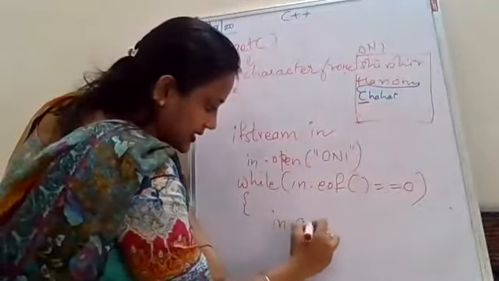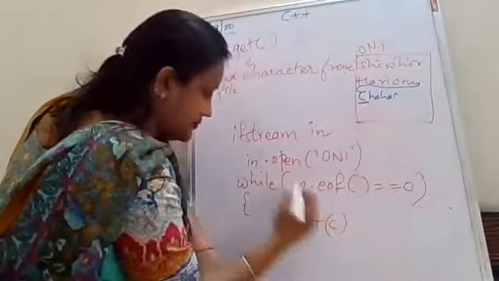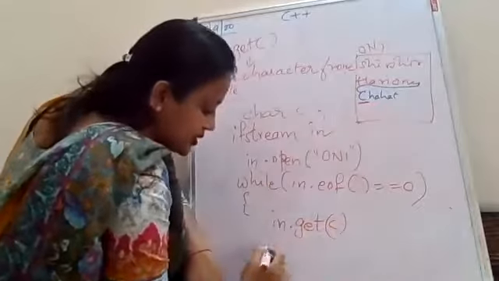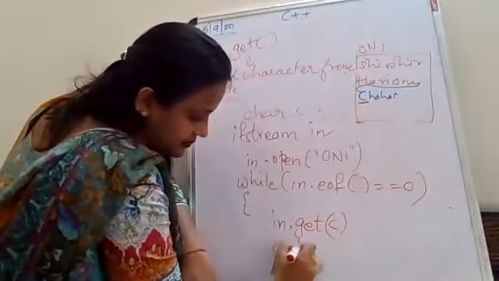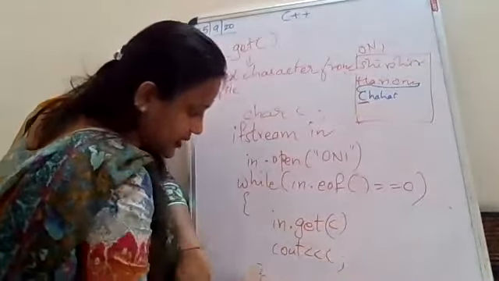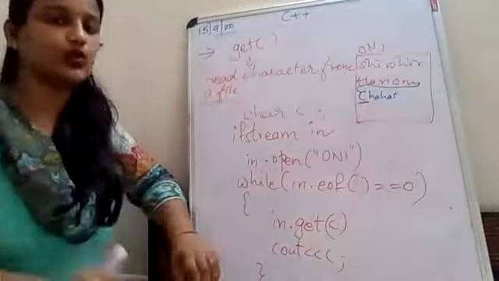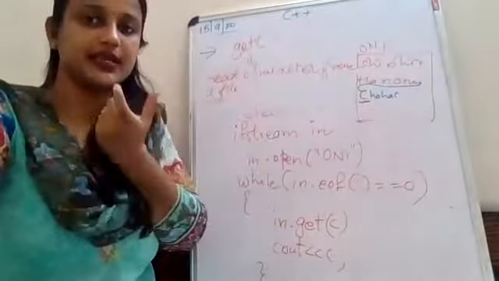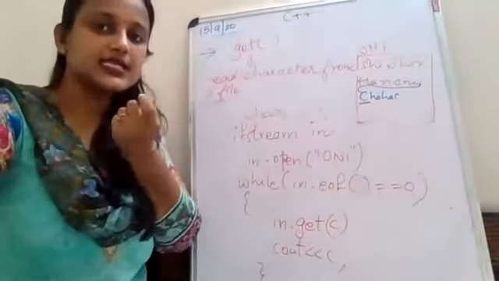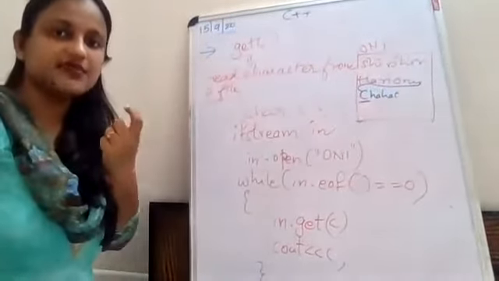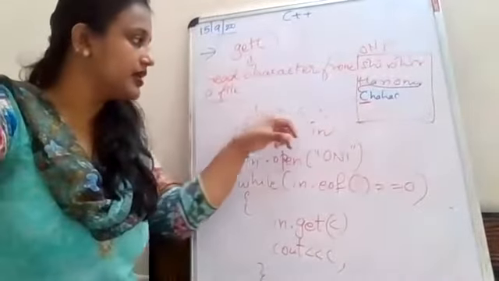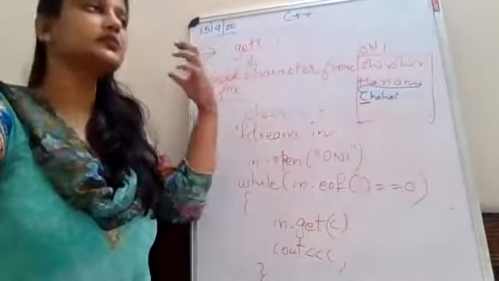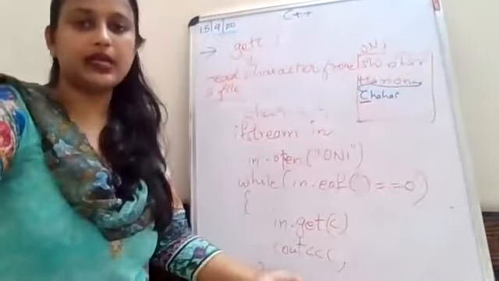इन डॉट गेट सी, एक कैरेक्टर बनाना पड़ेगा मुझे सो दैट वो उसमें स्टोर करेगा सी आउट सी. ओके, जो भी मैं कैरेक्टर ले रही हूँ वहां से, सपोज फर्स्ट जो रीड होगा वो शिशिर का एस रीड होगा. तो एस आई नीड टू स्टोर इट इन सम वेरिएबल फर्स्ट, सो दैट वेरिएबल लेट इट बी सी. मैं उसको सी में स्टोर कर रही हूँ एंड देन आई एम printing that C.